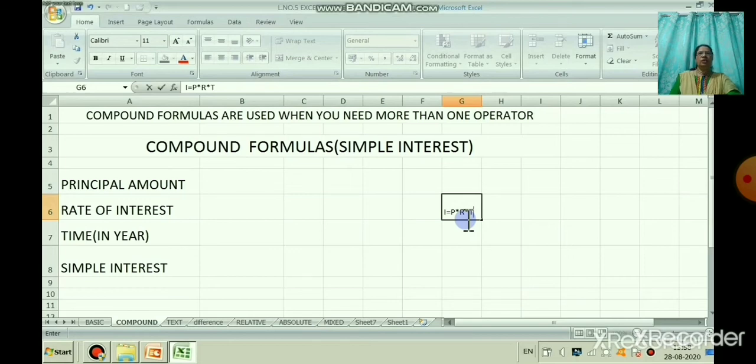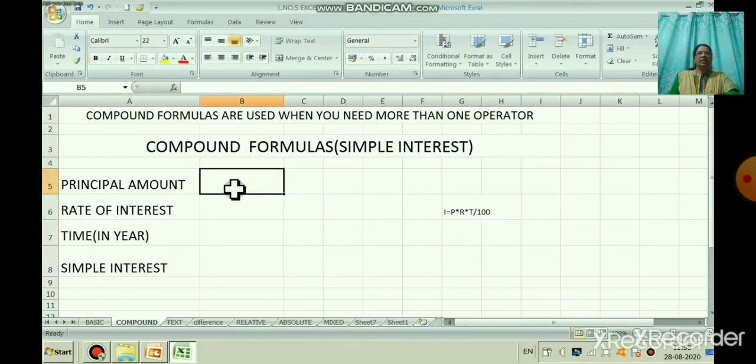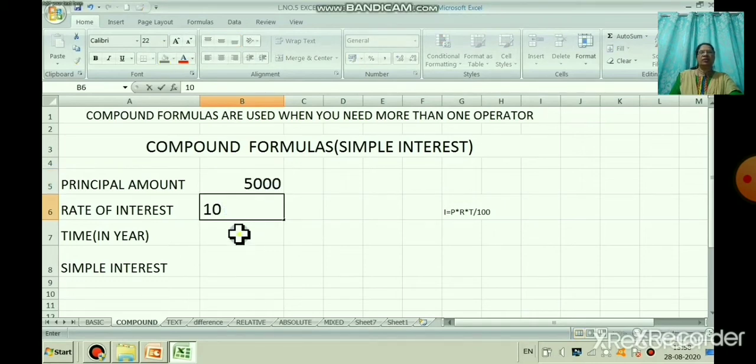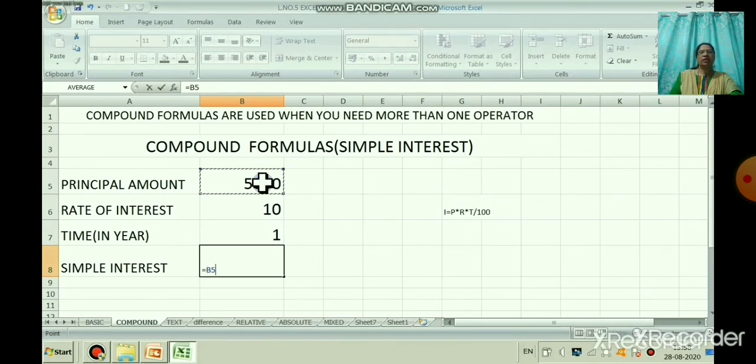Okay. So, here can you see that here the P is what? Being the principal, and you can see rate, R is a rate of interest. Can you see the formula here? Suppose, okay, for principal amount we have taken 5,000 rupees and the rate of interest is 10, and the time, the year of interest 1 year, and now we are going to calculate the interest, how. So, here in the B5, right. So, can you see B5, the 5,000 is in which cell? B5, the B is column and the 5 is row number.